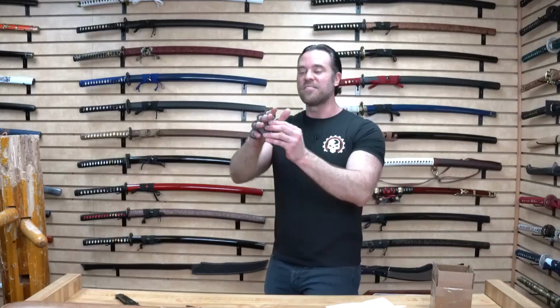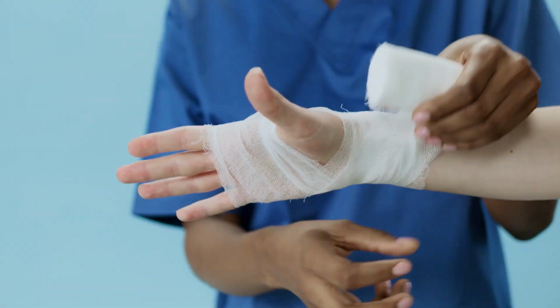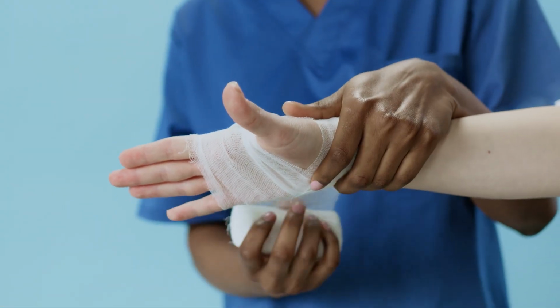First off, I'm going to kind of slide it high up on my knuckles and try striking with it in the punch fashion. I'm going to hold my foot down on this wing chun dummy so I can actually give it a good strike. Okay, that hurt. That actually dug right into my palm there, which is not good. That's how you hurt your palm very badly,